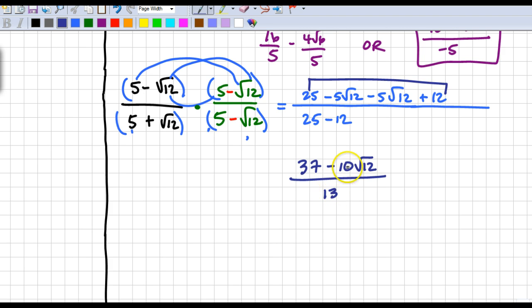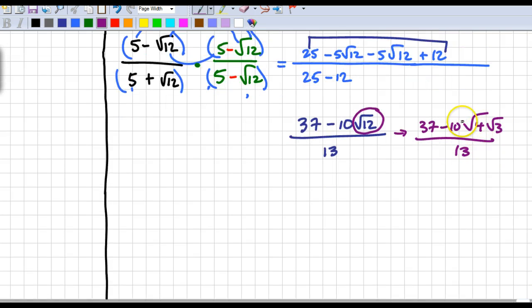Since 13 is a prime number, that doesn't divide evenly into 10 or into 37, so we know we can stop there. However, the square root of 12 can be reduced further. Hopefully students recognize that. If they stopped here, they'd only get partial credit. The square root of 12 can be simplified to 4 and 3. I think we've done that problem enough that students would remember that. The square root of 4 turns into a 2. The 2 is being multiplied by the 10, so our final answer there is a negative 20 square root of